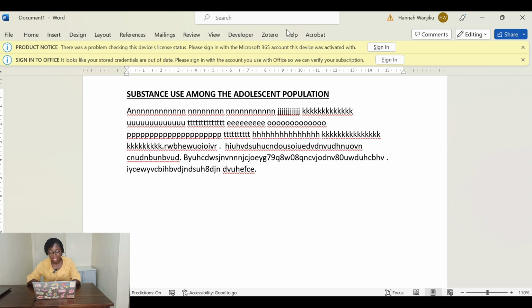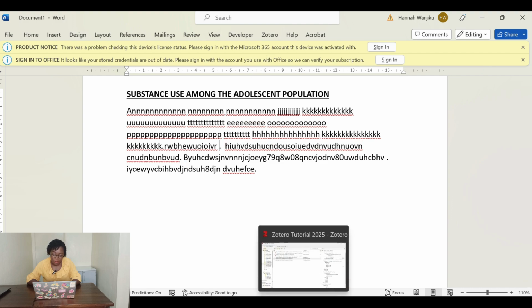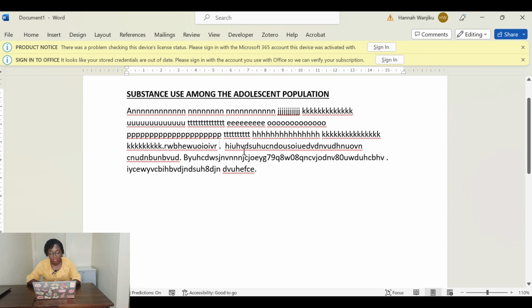As you can see, my Word document has a Zotero tab on the taskbar. So what you do is, once you've opened your Zotero software on your computer and you've started writing up, wherever you want to insert an in-text citation, you put your cursor there, come to the Zotero tab,